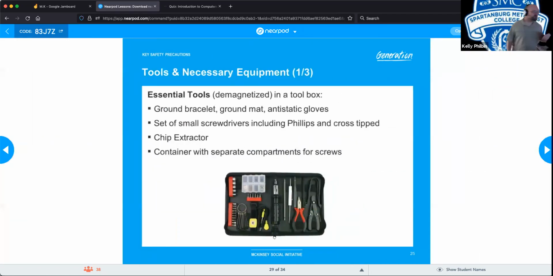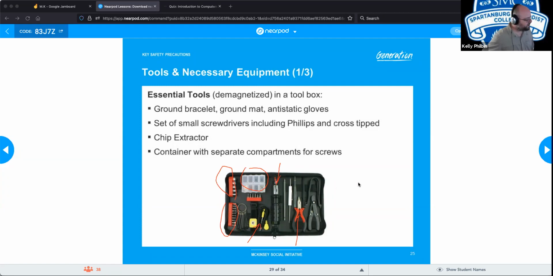All right. So, tools and equipment that you will likely be utilizing in your day-to-day activities. This nice little tool bag here. Generation used to give these out. They may still do that. I never got mine. But it has a lot of the components you may utilize when opening up a computer. Right here, you have a sorter so that you have different kinds of screws, different threadings and depths. You can sort the screws, various types of heads for screws and torques. You also have the ever-present wire cutters over here, your ESD bracelet right here, the non-magnetized screwdriver right here,